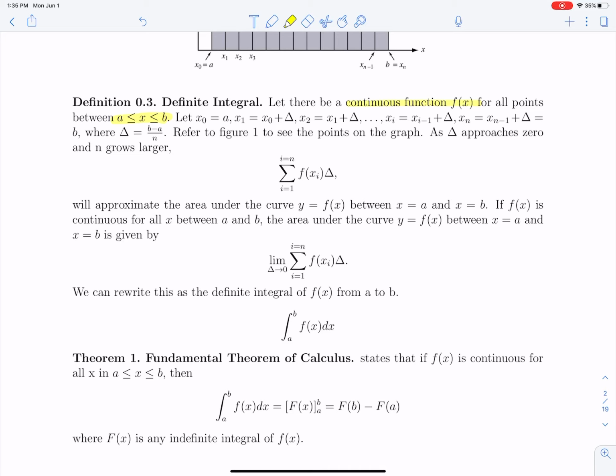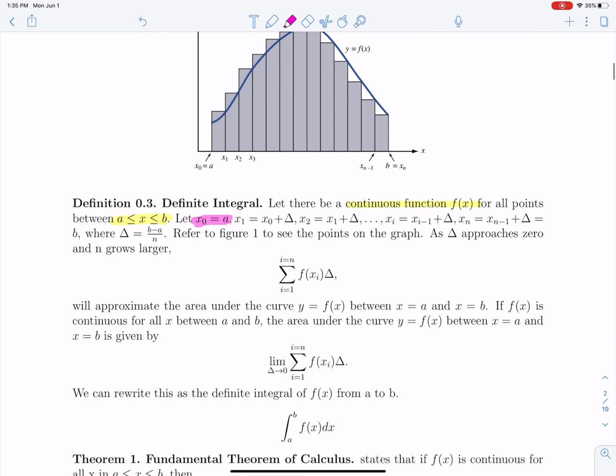So if there's a hole, you would have to do 2 separate integrals. You couldn't do it for that entire curve. And then this right here is pretty important. x0 equals a, and then all these little rectangles above here, x1, x2, and x3, we're just adding